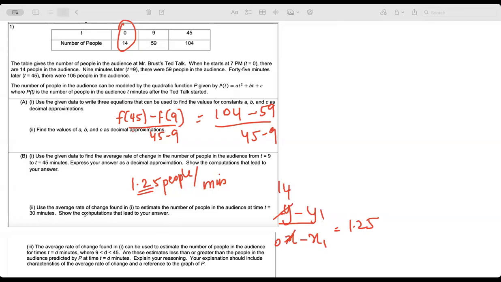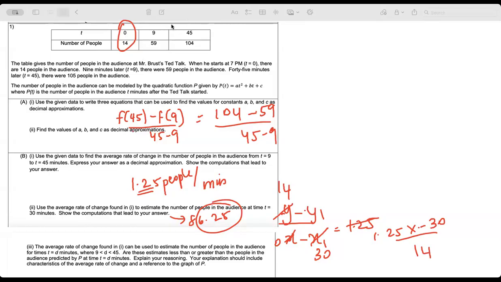Now, for this one, right, they're asking t equal to 30. T equal to 30, now this will become 30, you don't know y1, so minus 30. So 1.25 times minus 30 divided by 14. So y1 value will be a positive value. So if you do that, you will get around 86.25. Are you getting that? You will get 86.25 here. This one. 86.25. Any questions? Can I move on with the last one?